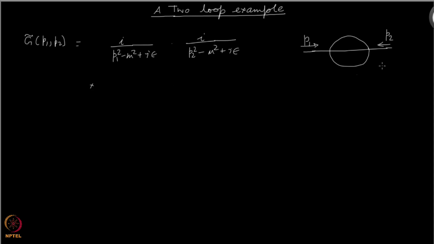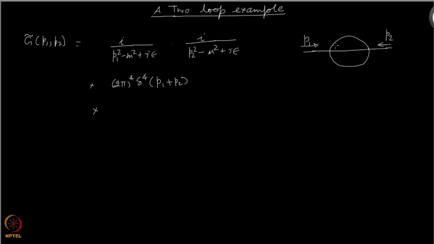Then I should have an overall momentum conserving delta function. So I have (2 pi)^4 delta^4 of P1 plus P2, because both are ingoing. Okay, this says that the sum of incoming momentum is 0. Good. Then we also know that I will have, of course, other propagators, but I will have some undetermined loop